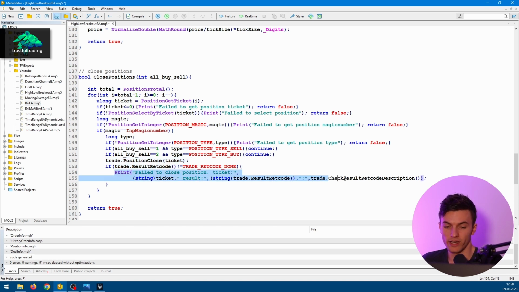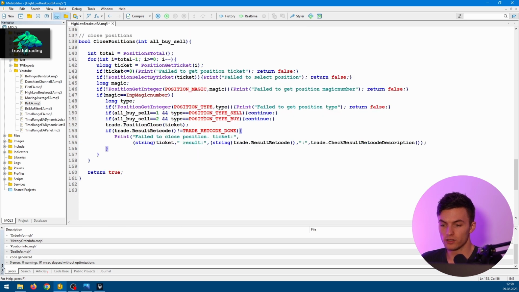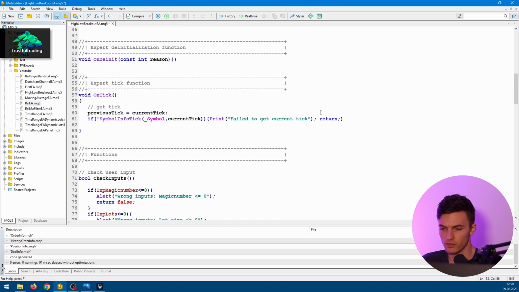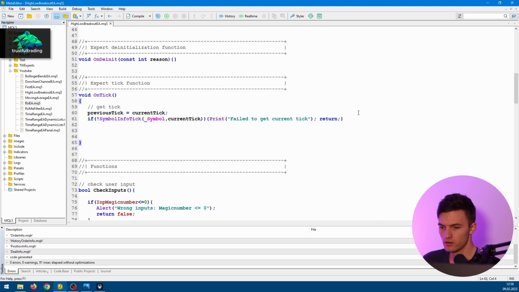And if the operation fails, we also print a message for the user. Okay, so that's it for these three functions here. And now we can continue here in the onTick, and we can use these functions right here. Okay, so now maybe we first of all compile just to make sure that our functions are correct and we